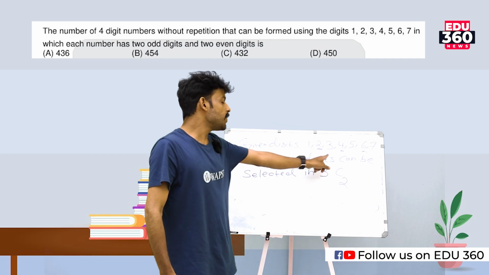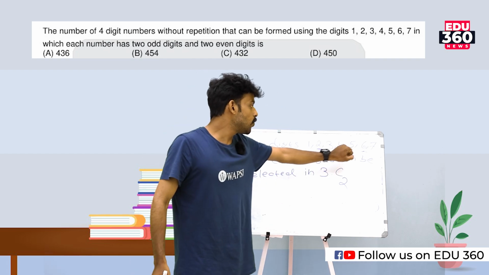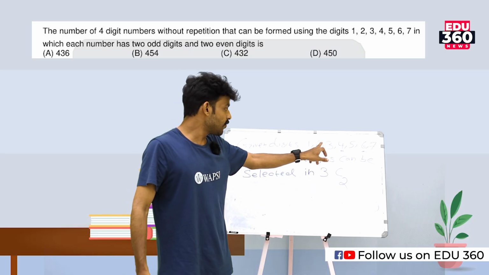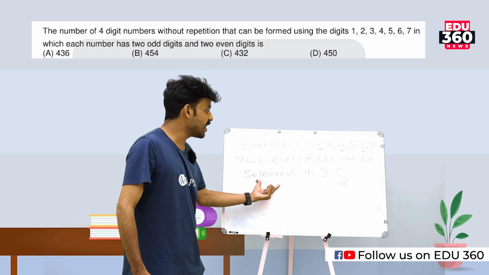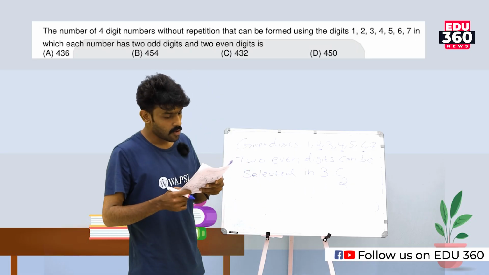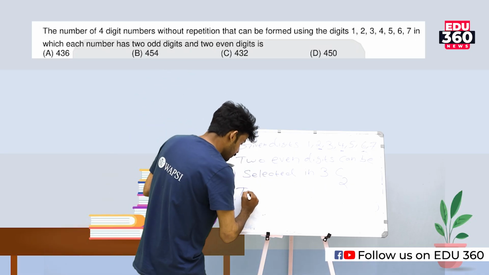We know there are 3 even digits, 2, 4, 6, so it becomes 3. So two even digits can be selected in 3C2 ways. And 2 odd digits can be selected in